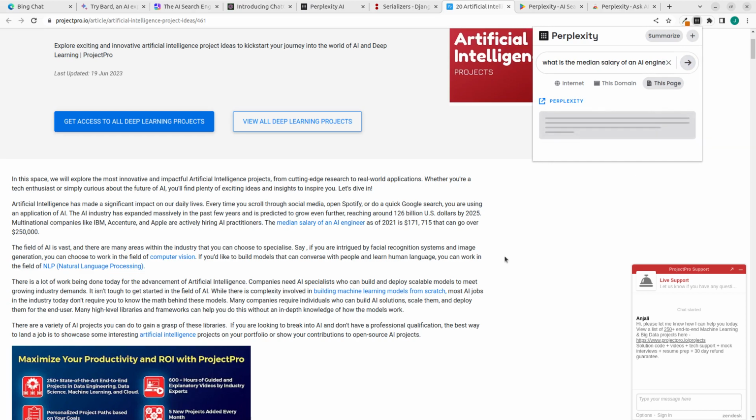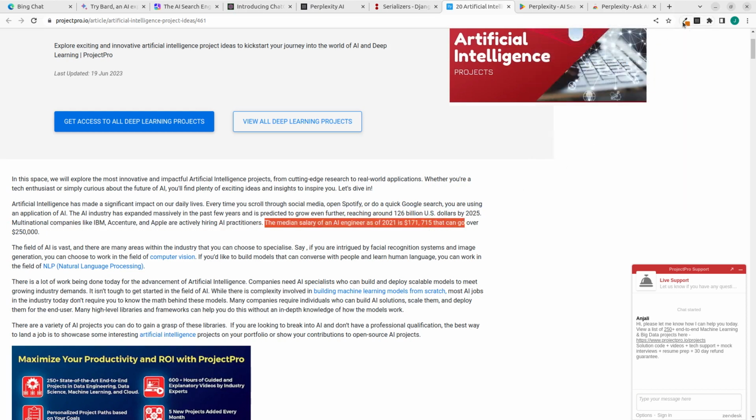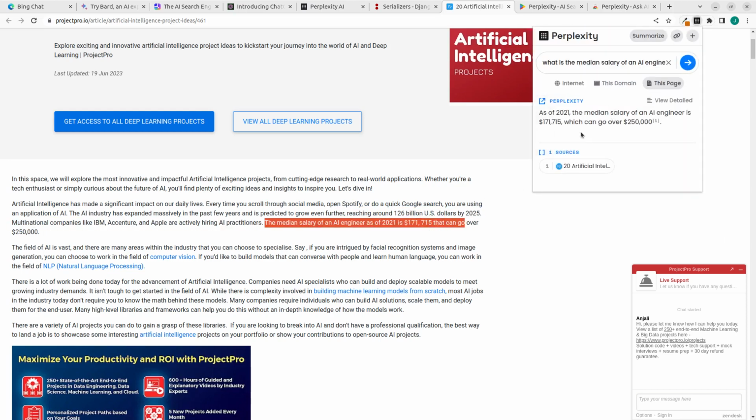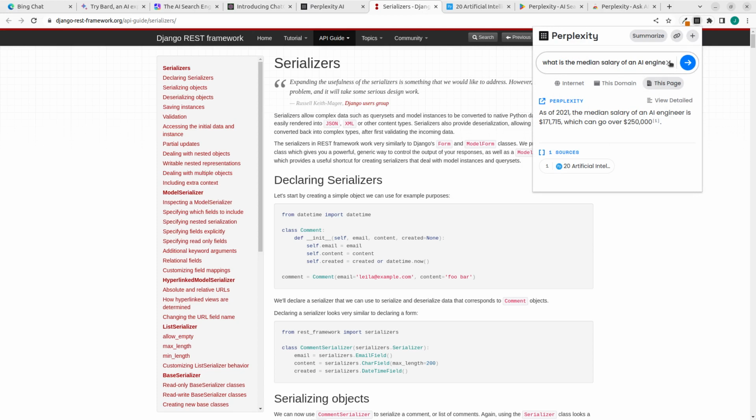It's going to summarize it. Let's see if it's smart enough. Wow, it's just giving us the same result, right? Which is very, very impressive, right? That is impressive. It gives us the source if you click on it, which is very impressive. So that is something you can do. You can search across the internet. So in case you're on any page and you want a summary, I can come back here, and then I can also check on this current page.